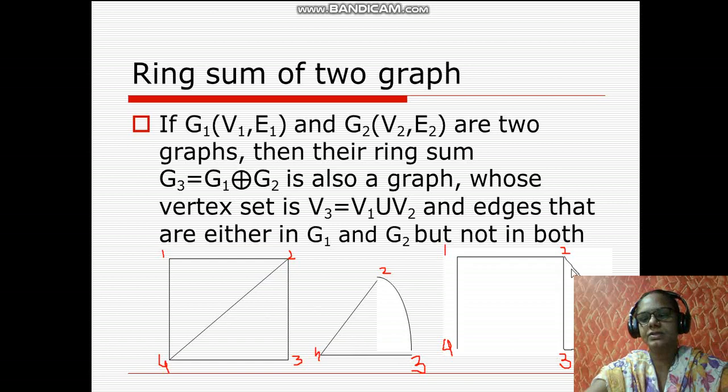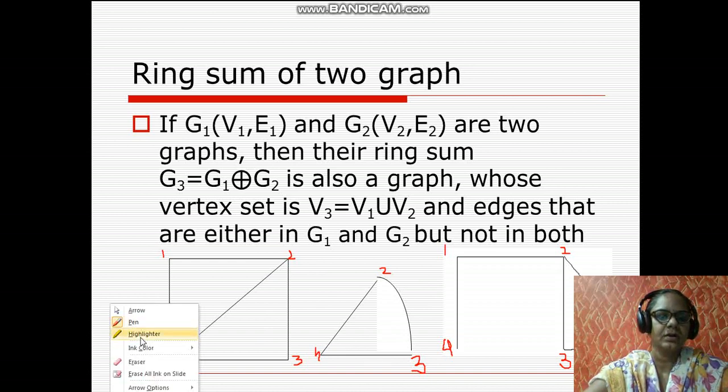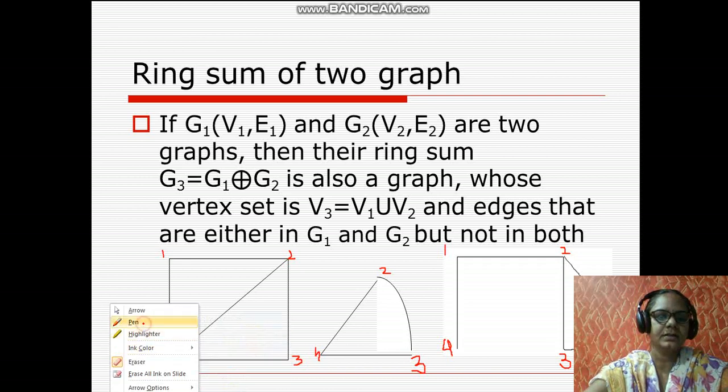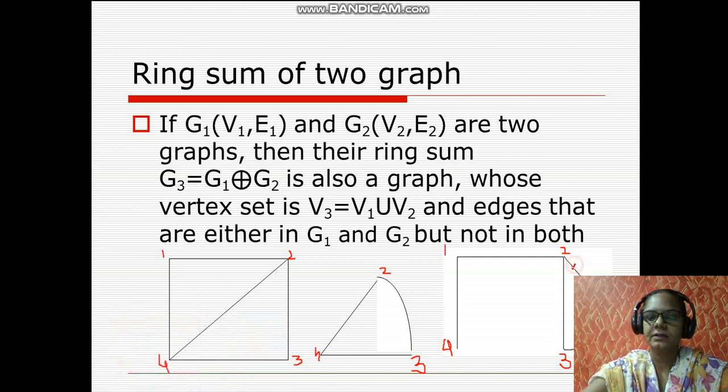Actually by rule this edge should also not be there, because even if I consider a straight line or a rounded line, this edge should not be there. So I'll just remove this edge also in the output. I'll say this edge is also not there, this particular edge. This is not there, this edge.